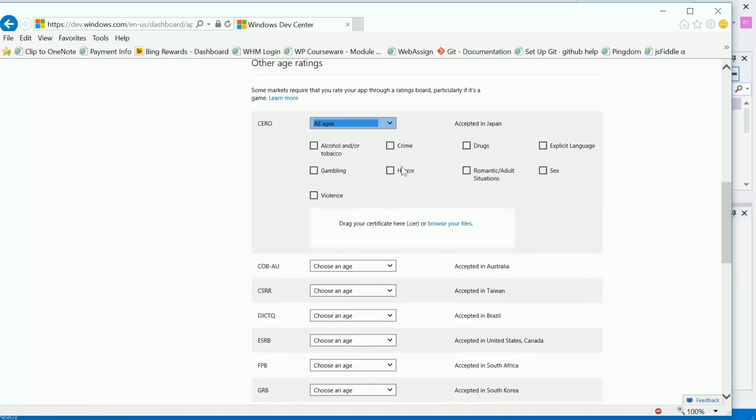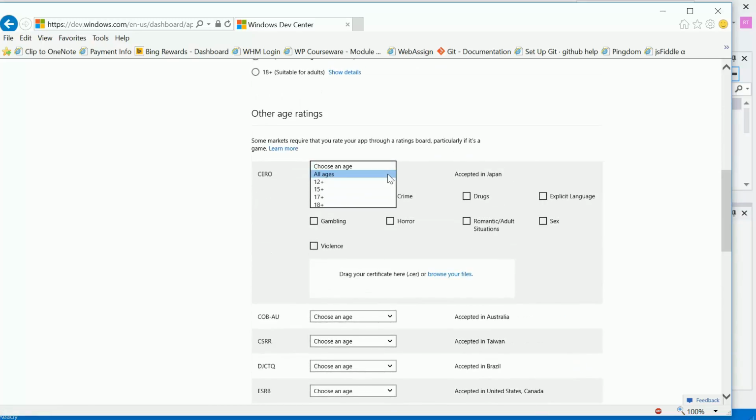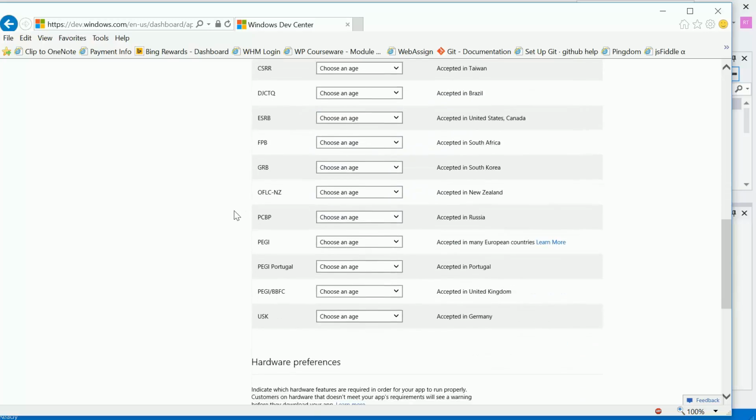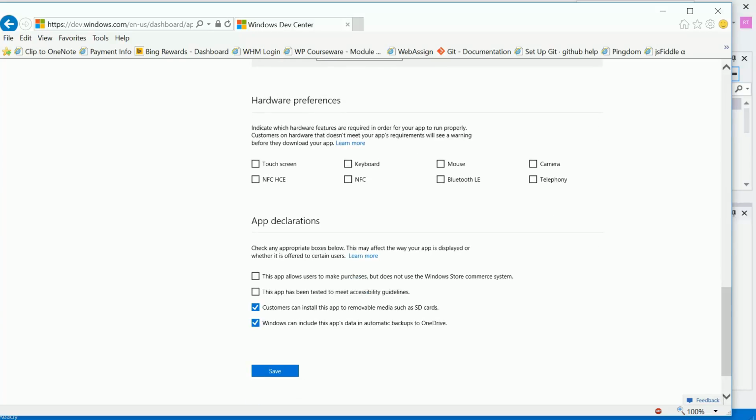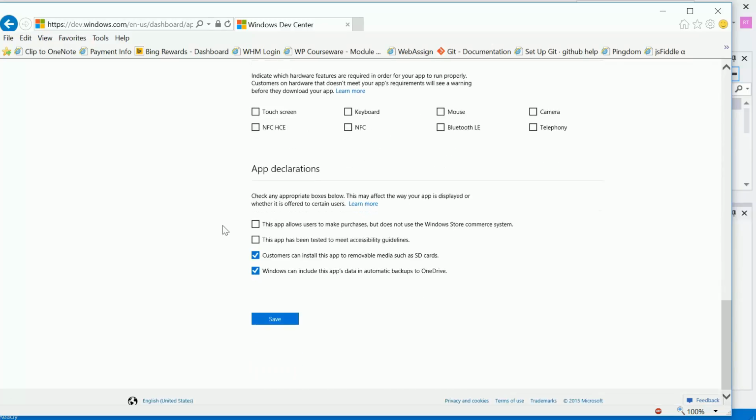The problem is whenever you select it, it requires some sort of certificate. Honestly, this is something I know nothing about. So I'm just going to leave all of these to their default setting, and if we can't publish to those markets, that's just fine with me. We get to choose the hardware preferences. We don't really have any hardware preferences for this app,